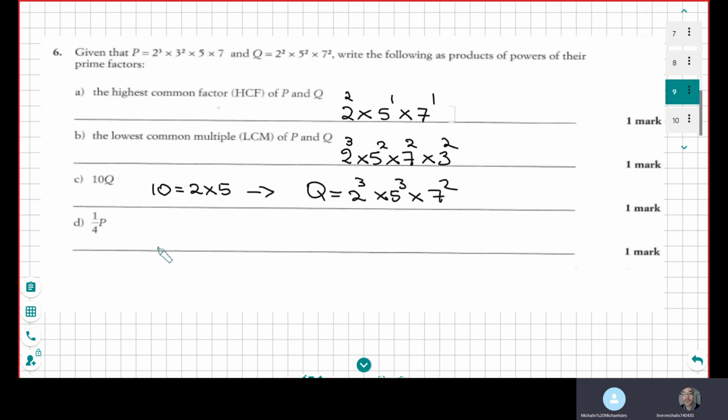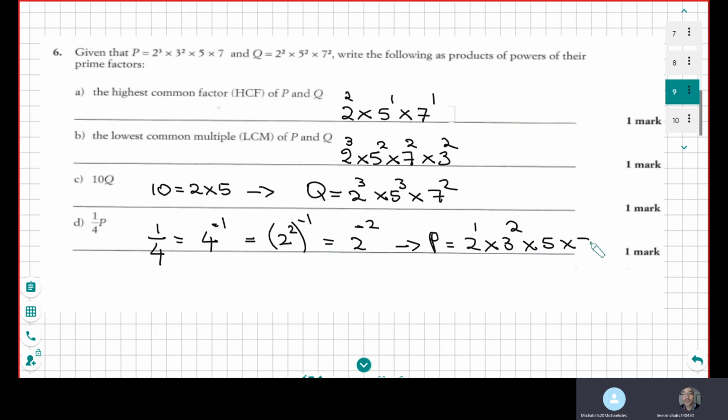Now the 1 over 4p, it's the same logic here. 1 over 4, I can write this as 4 to the power of minus 1. Now, because 4 is not a prime number, I can write the 4 as 2 squared, and this is to the power of minus 1. Using the indices rules, I can times the powers, and now the 2 has the power of minus 2. And I go and check now the p, the power is 3. So I go and add the indices. So the p needs to be in the form of 2 to the power of 3 minus 2, which is 1, times 3 squared, times